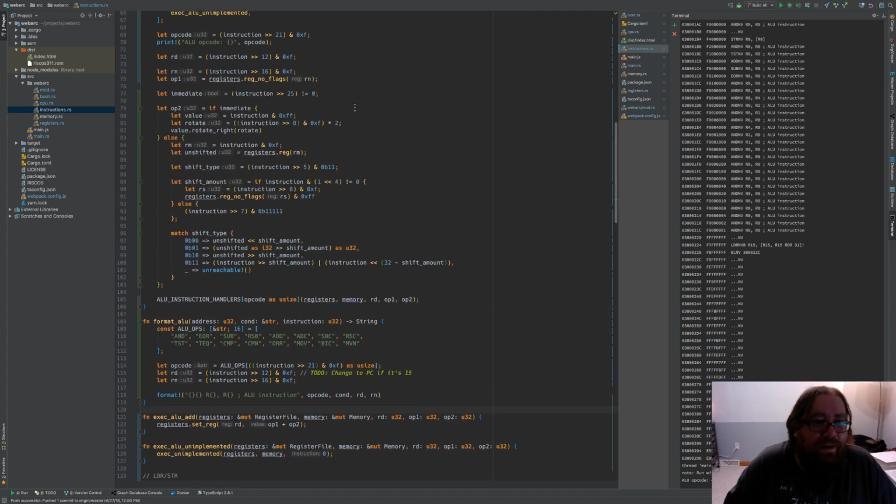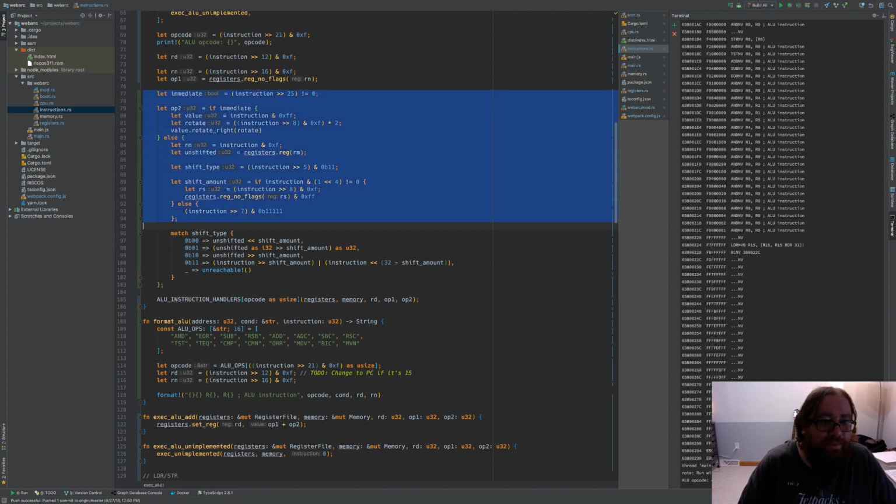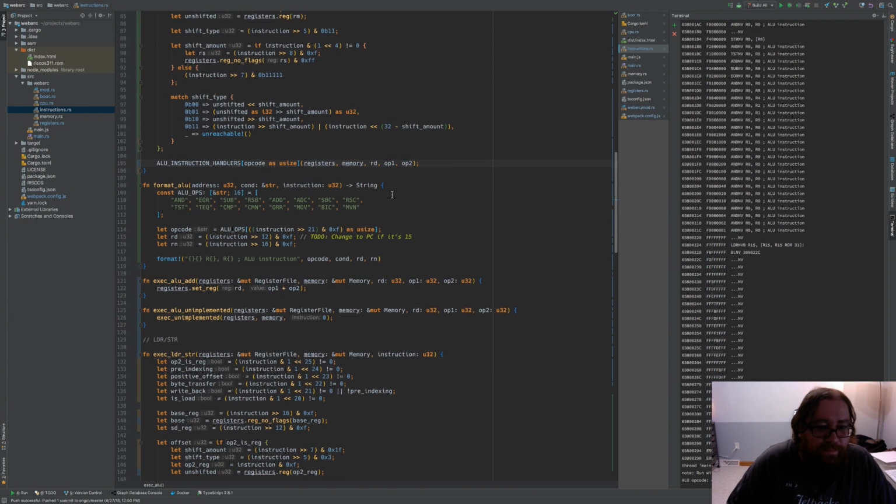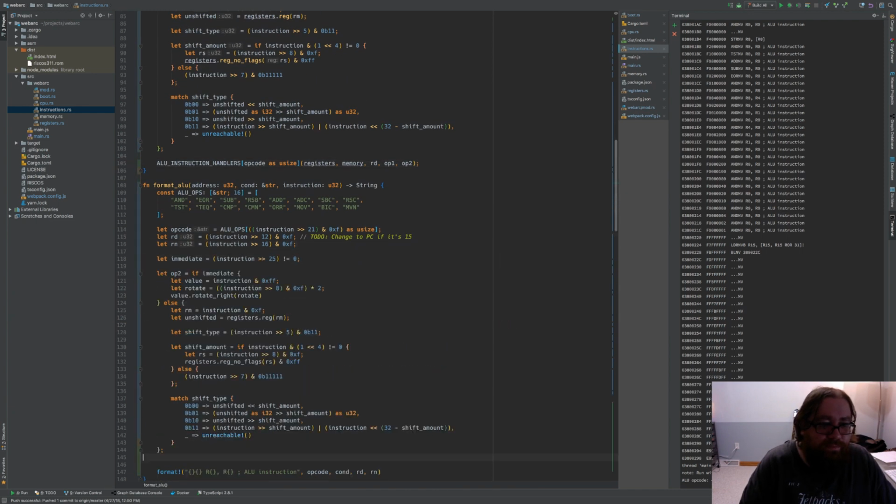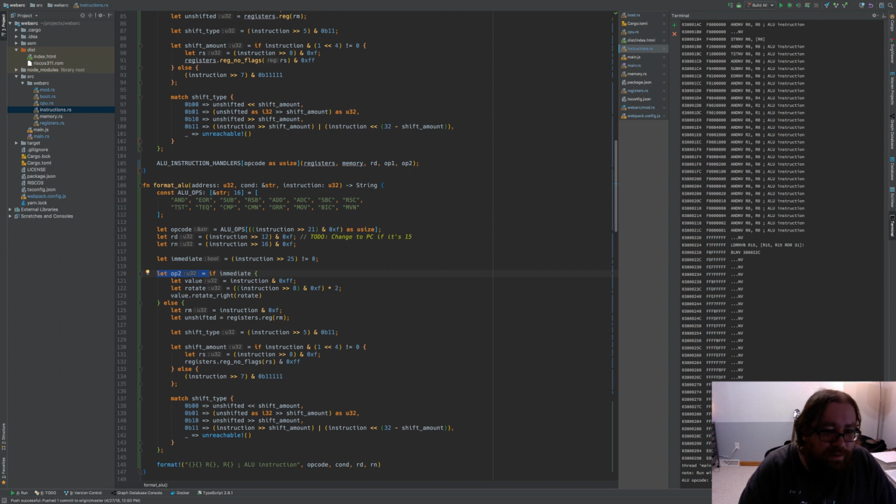So I think I'm going to have to take a big chunk of this code. I'll take it all and then cut it down a bit. Okay, so what is our result of this going to be? It's going to have to be the string. That'll be the easiest way to do it because it can be so many things. So let up to equals, if it's an immediate,